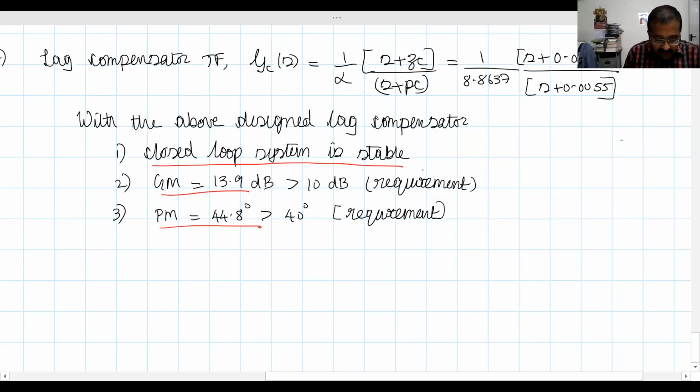So thus, the lag compensator has stabilized the original unstable closed loop system. It has improved the steady state error while improving the phase margin. And you can see that at high frequencies, the gain has been brought down. What's the issue? If gain is high at the high frequency region, noise can come into the picture. So to minimize the effect of noise, the gain at higher frequency ranges must be kept as low as possible. I will show you the MATLAB plot of this particular problem.